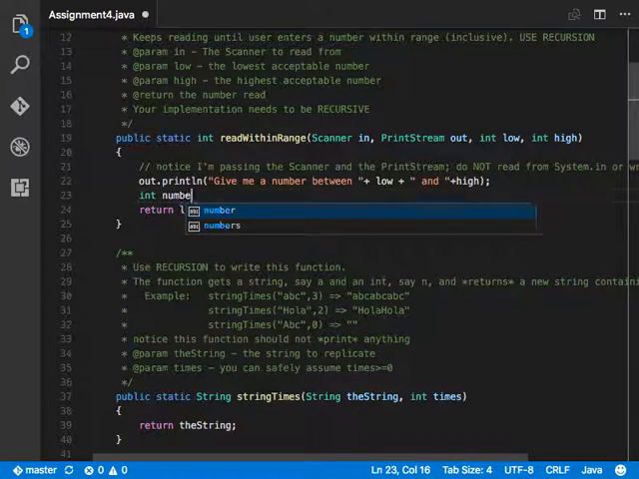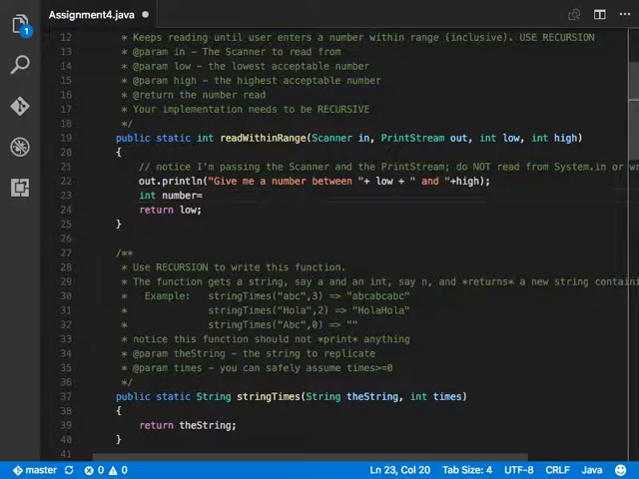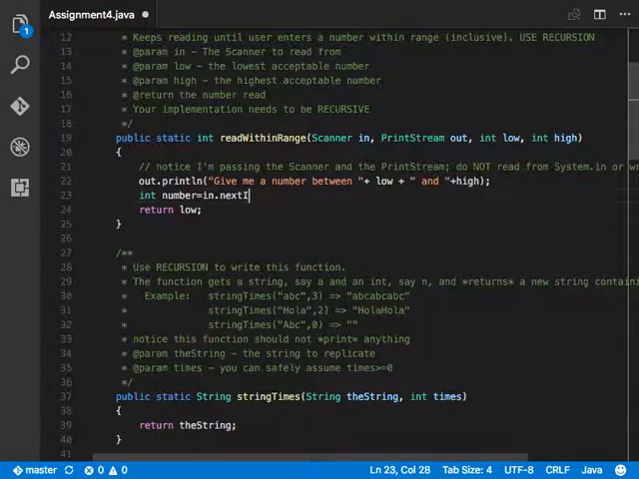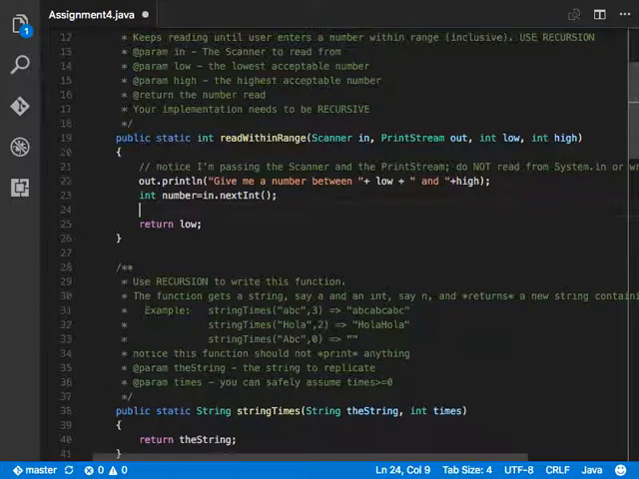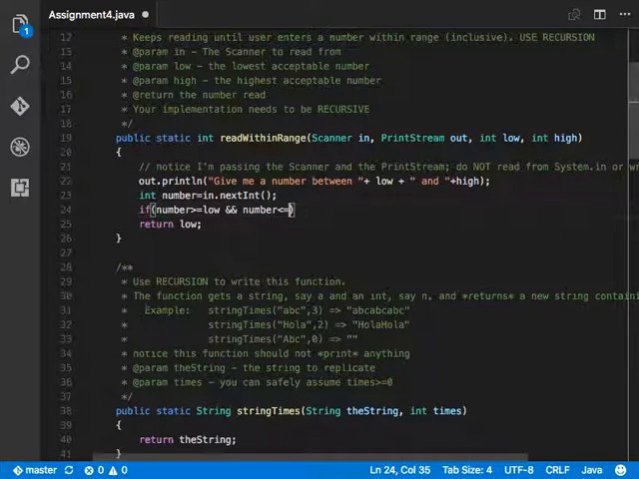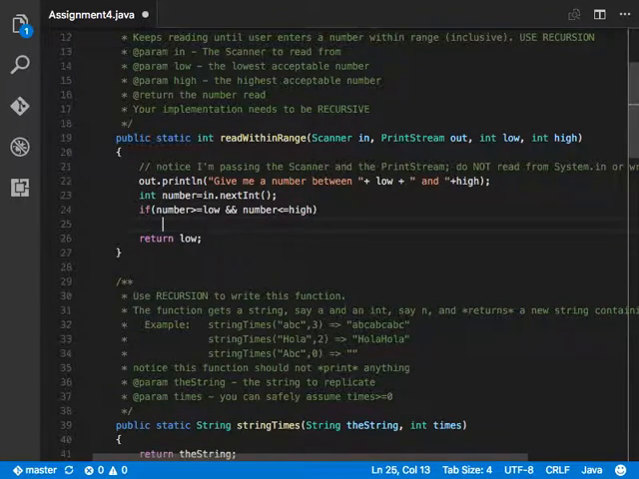Number or something like that equals in dot next int. Right, we get the number, read number from the user. If the number is between high and low, so number greater than or equal to low and number less than or equal to high, return number,